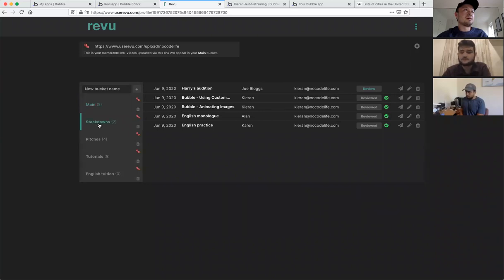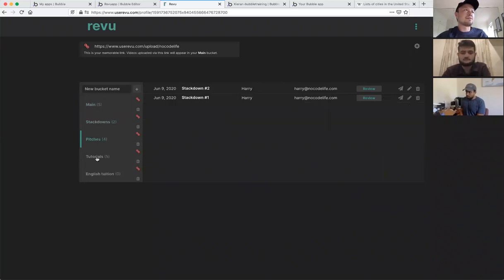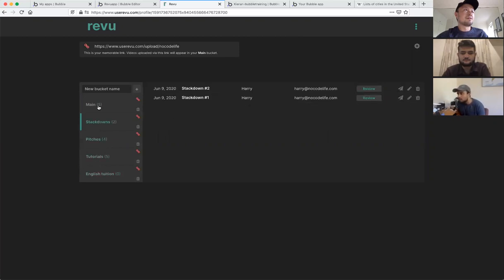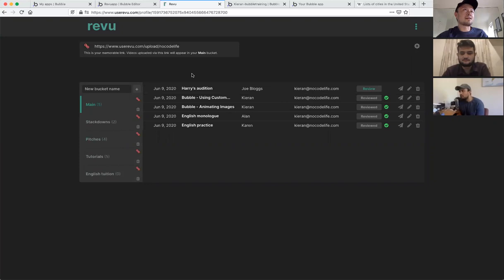Okay. That looks nice. And this down the left is also a repeating group. Really? Yeah. So you can absolutely style it exactly how you want. And then,